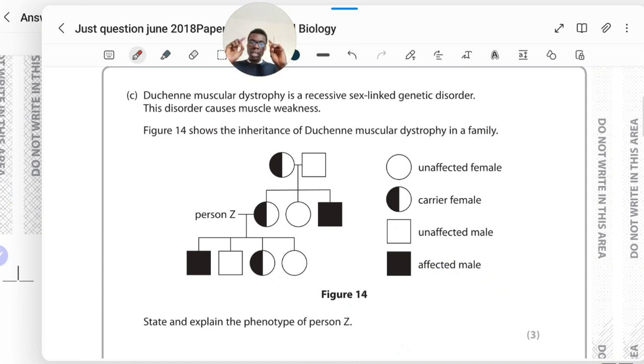Please, at this point, you have to hear what I'm about to say. This is about sex-linked traits. Usually, a female can be one of these three. It's a law, you have to remember. They can either be unaffected, carrier,